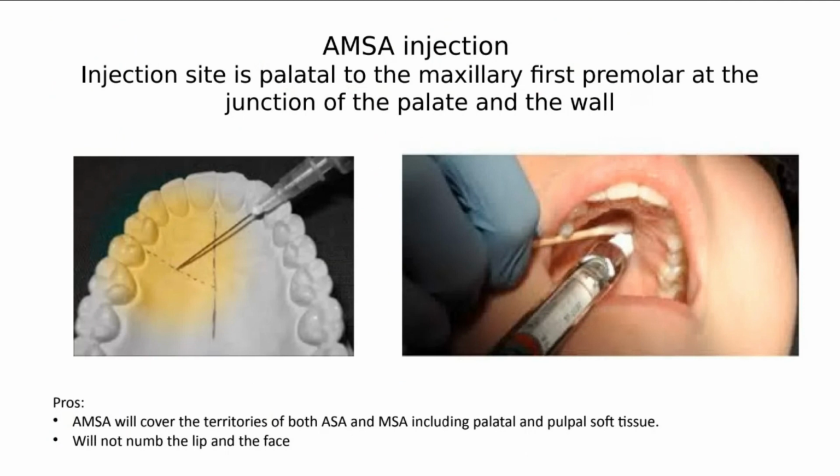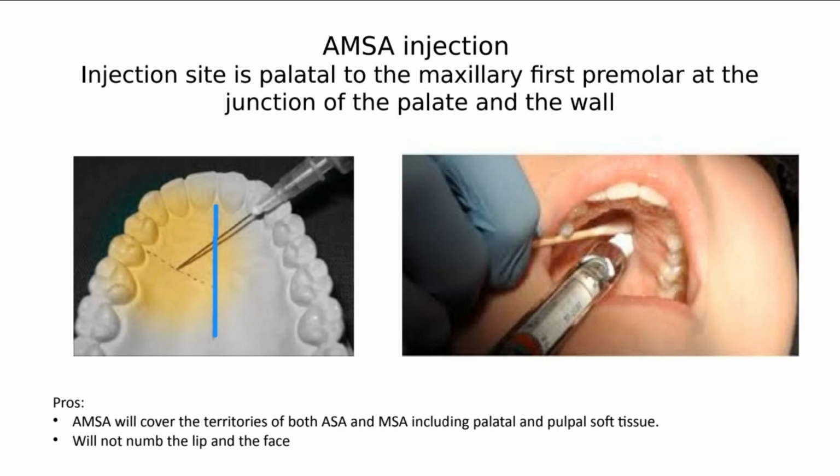Another technique that I was talking about is AMSA. This is also going to give you, just like the infraorbital, a block of both anterior, ASA plus MSA, but it's a completely different approach. And here is how to do it. The patient will open his mouth wide. You draw an imaginary line like this, starting from in between the two central incisors. And then you draw another line